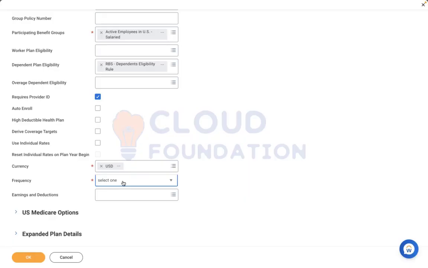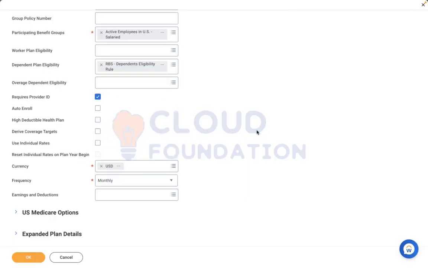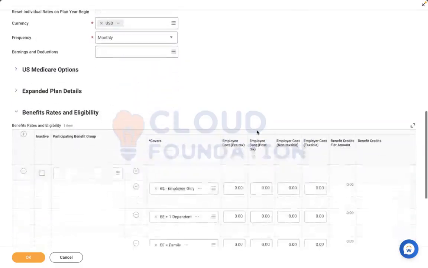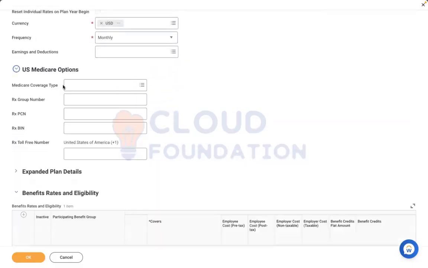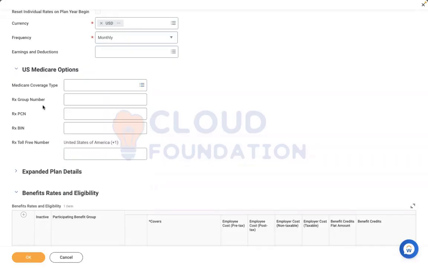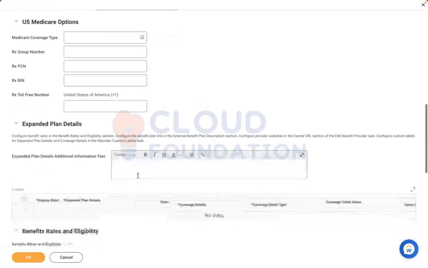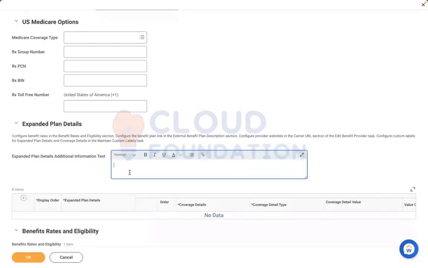Frequency: let's select monthly, up to customer requirements. This is the fictional one we are selecting. This is exclusive for US Medicare. So coverage types, hospital networks, whatever they have, we can create and assign here. I will explain how to do this. Similarly, RX, CPN, BIN, group number, toll-free number, all these details can be typed here. Options: expand plan details. These are new features actually. Here we can give